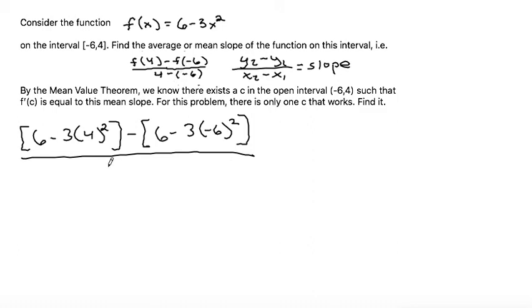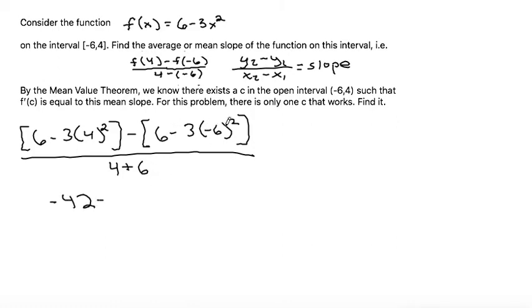Minus a negative means plus, so this would be 4 plus 6. And now simplifying, 4 squared is 16, and 16 times 3 is 48. So this would be 6 minus 48. So the first bracket would be negative 42